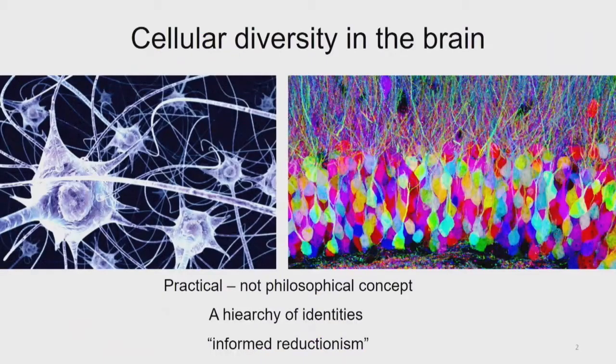Okay, so, cellular diversity in the brain. I use these two images. This is something really central to what I'm interested in in my lab. And if you're a neuroscientist and you manage to publish a reasonably cool paper and the public press takes any notice, you get one of these two pictures to illustrate what you've done.